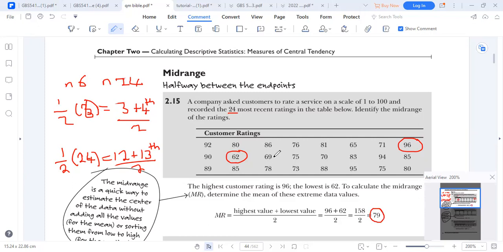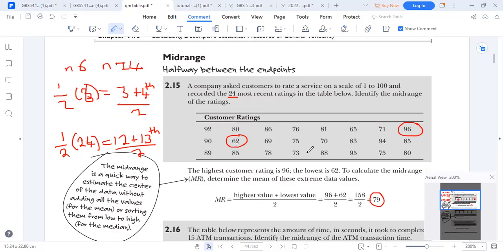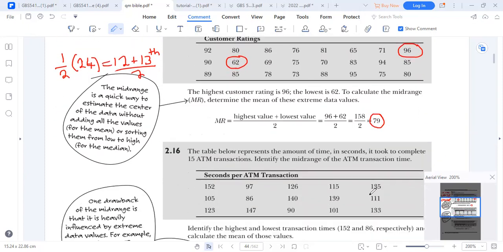The mid-range is a quick way to estimate the center of the data without having to add all the values for the mean, if you have a lot of values there. So the mid-range is a quicker way to estimate the center without adding all the values or sorting them. So if you have many values, you can simply find the highest number and the smallest number, add them and divide by what? By 2. The figure you get is almost close to the median. But to be precise,